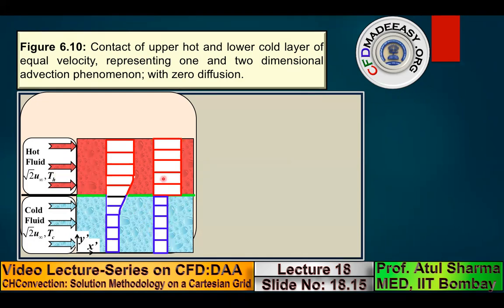So in pure advection, there is no mixing between the two layers as far as the heat transport is concerned, and you have no diffusion here. A temperature gradient is a characteristic of diffusion. The random motion of the molecules leads to the transport of heat, and there is a diffusion phenomenon. So in this case, you have a non-zero diffusion, and in this case, you have a zero diffusion. The non-zero diffusion leads you to convection. So this is a combination of conduction as well as advection, whereas in this case the diffusion is close to zero and you have pure advection.